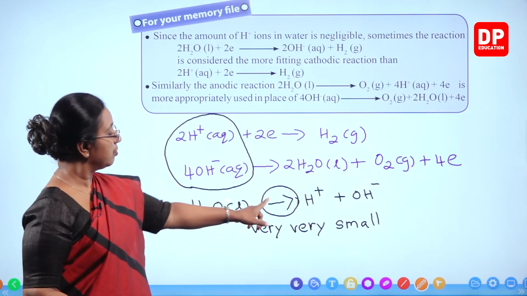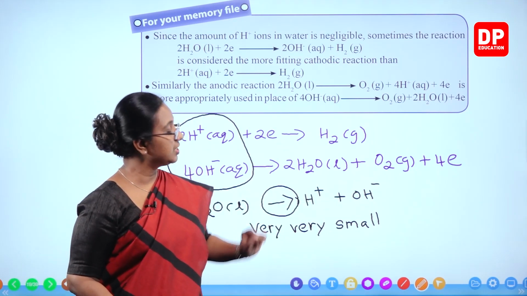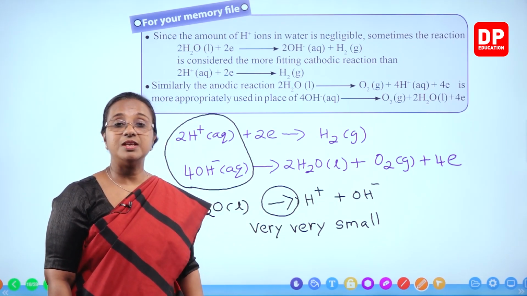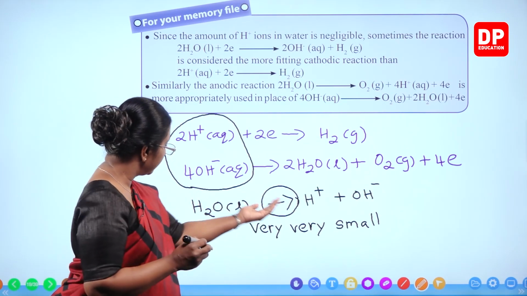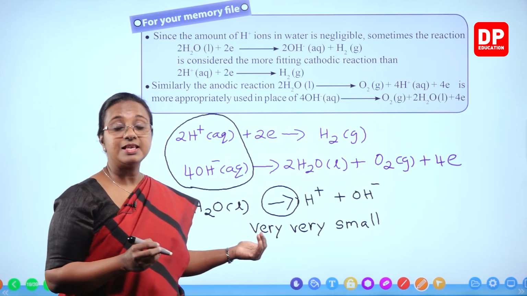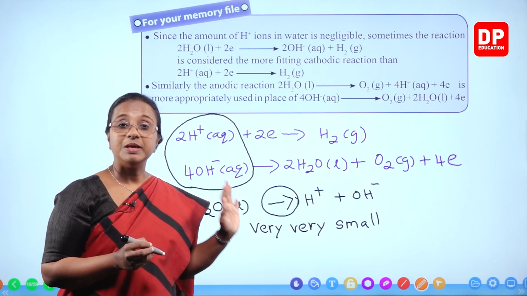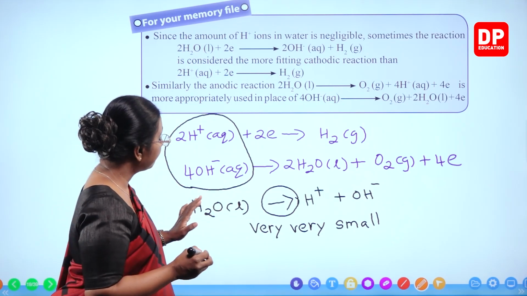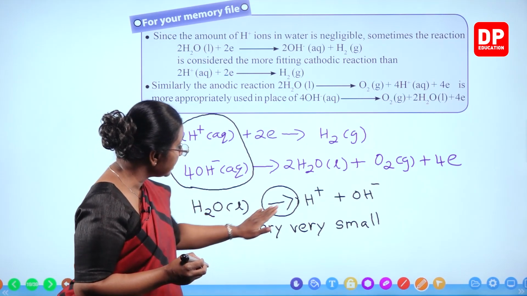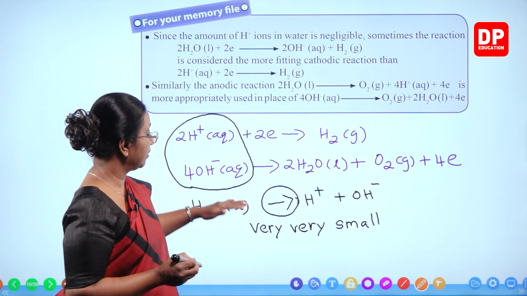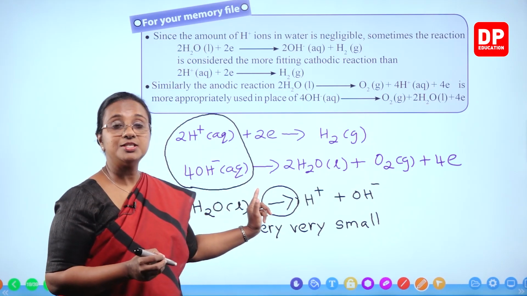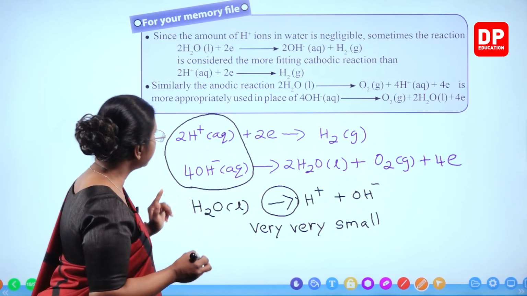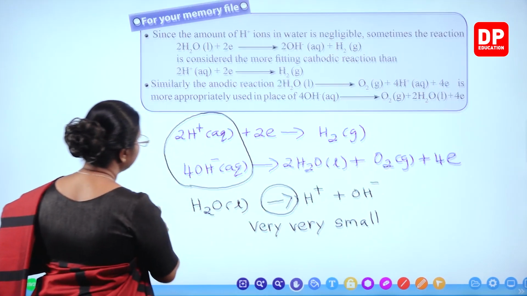That is, H2O dissociating to give H plus and OH minus is very, very small. Normally, the forward reaction is very less. Mostly, water remains as H2O liquid. So, because of that, what we can do is, instead of writing these two, now if this happens only, you will get H plus and OH minus. Instead of writing that, what we do is,